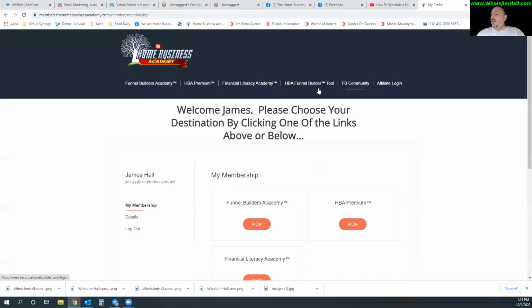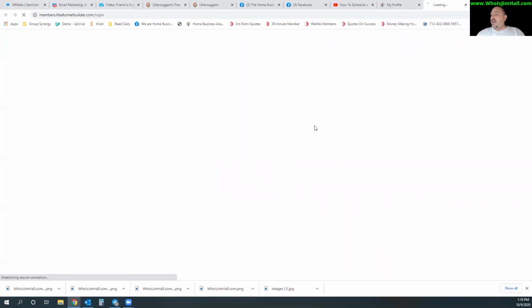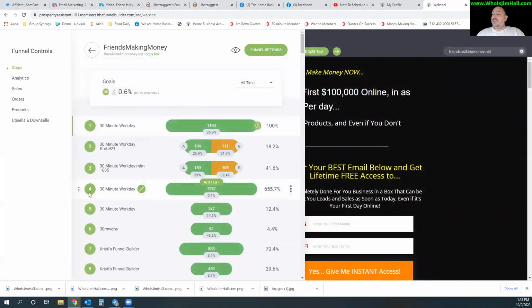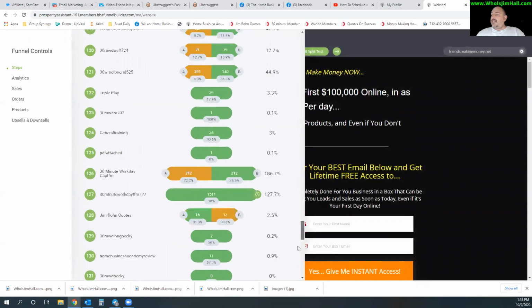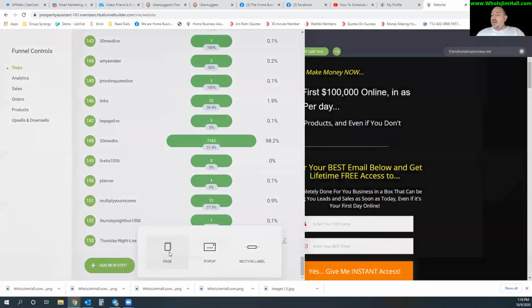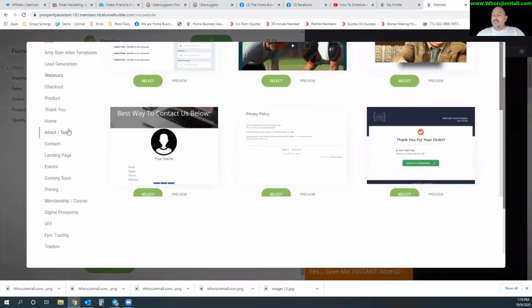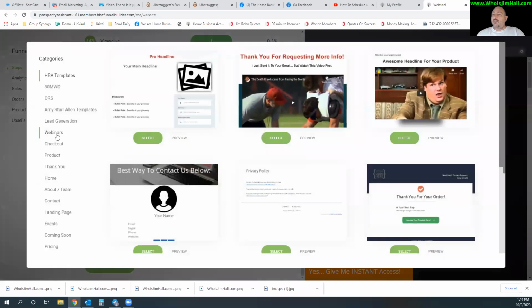We're going to start off with logging into the tool itself and showing you how some people would go about doing this. I don't know if I would say this is the easy way necessarily, but you can come in here and there's templates. There's tons and tons of templates. And then you would come to one of these templates, and some of the ones that I like the best for